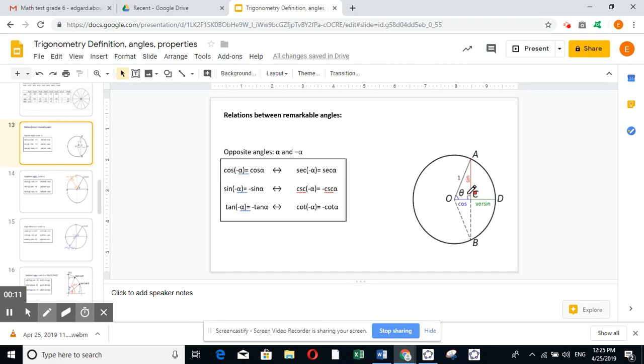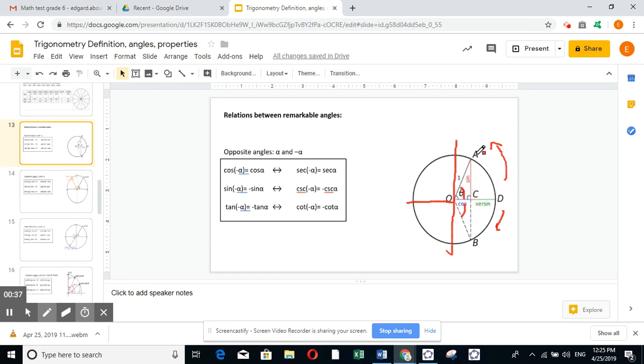So this is the xy axis, this is the y-axis, and this is the x-axis. This is the trigonometric circle. As you can see, suppose here I have alpha positive up, minus alpha will be the same angle but on the negative side. As you can see, if this is alpha and this here is minus alpha, so we can say that